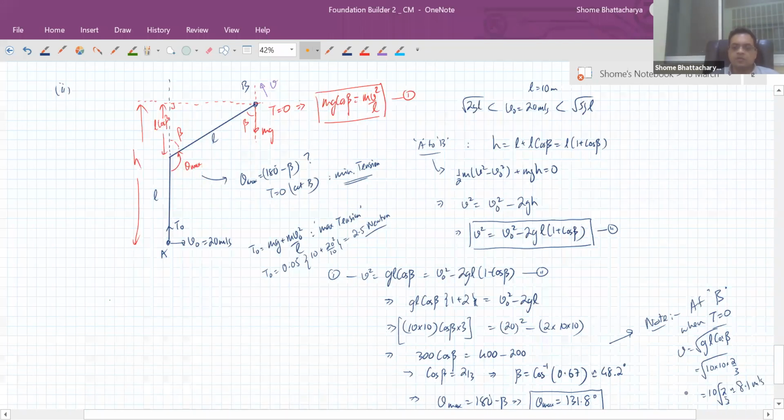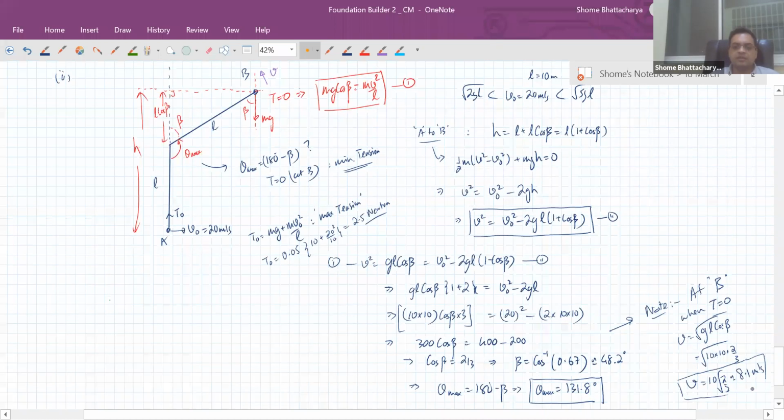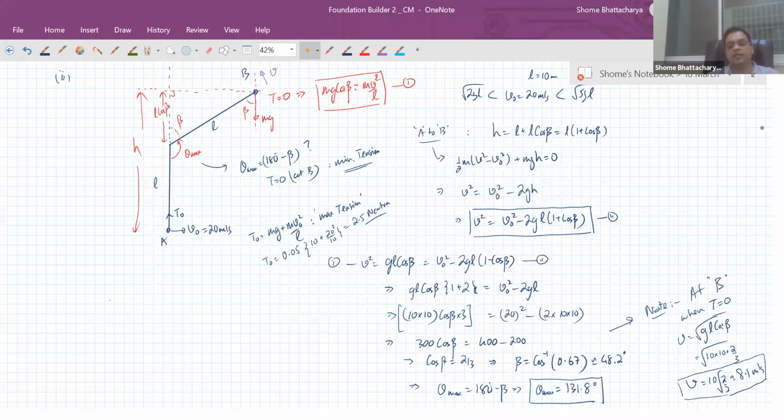So when the particle goes into projectile motion with the string becoming slack, at that moment the speed, this was not asked in the original question, but I'm just telling you in case you are asked a question like this, how to answer. So at the moment when the tension becomes zero in the string, the particle speed will be this much. It will be 8.1 meters per second. So from A to B, you can see the particle speed has reduced from 20 meters per second to 8.1 meters per second. Because there is always a component of mg that is creating tangential deceleration.